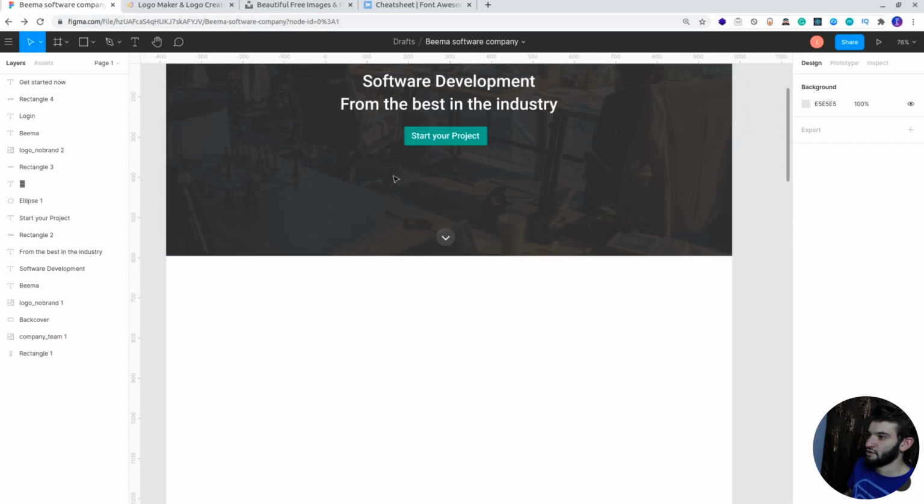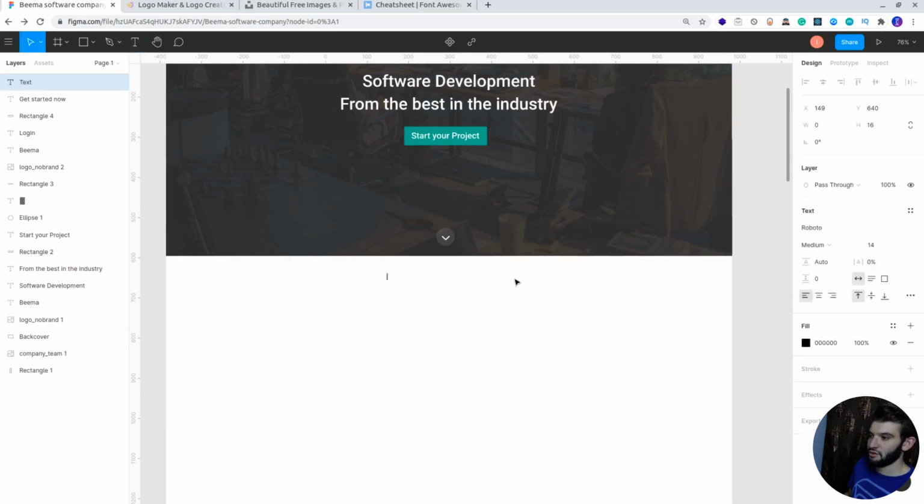But yeah, I'm just going to add a text. I'm going to create the text tool in here. I'm just going to write "best quality software," and obviously you need to decrease that a lot, which sometimes happens for me whenever I create the text,